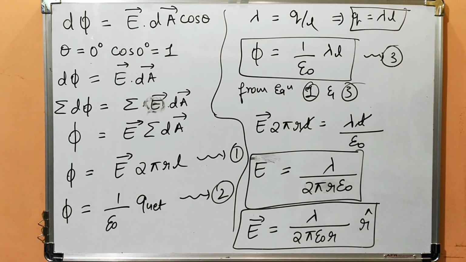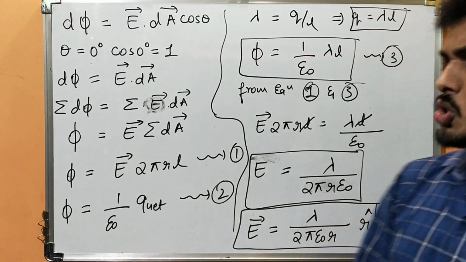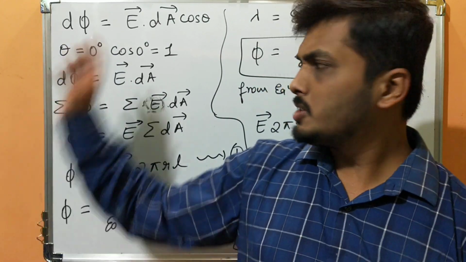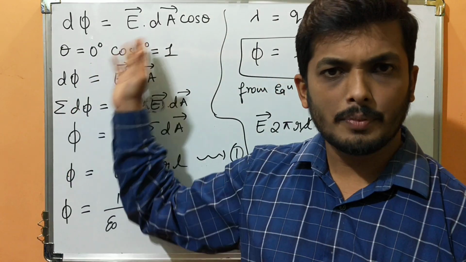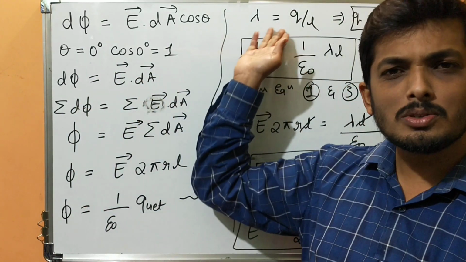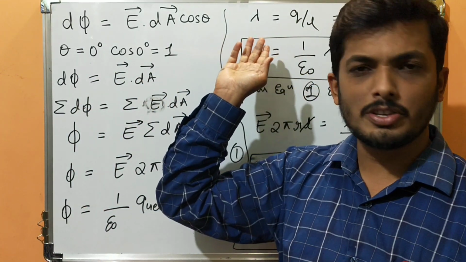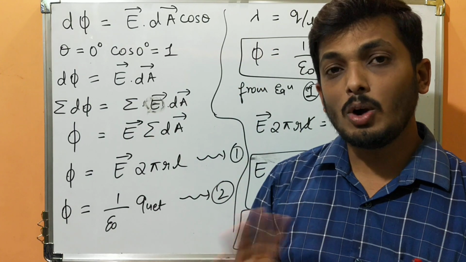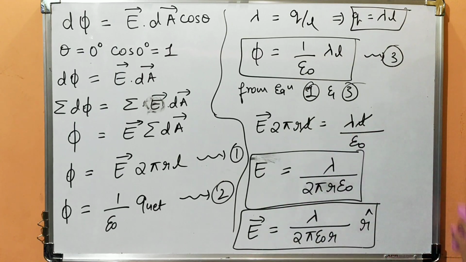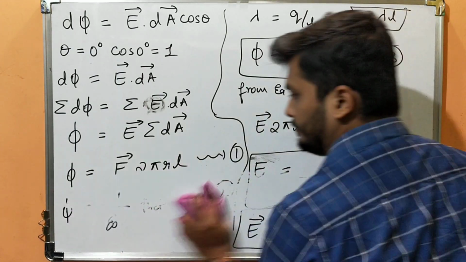In the same way we are going to find the electric field at any point due to a charged spherical shell. Finding an electric field by using Gauss law is very easy. First find flux by the normal definition, then Gauss law, then use linear charge density or surface charge density, according to what kind of thing they are asking. And then simply substitute for E. Have you understood?